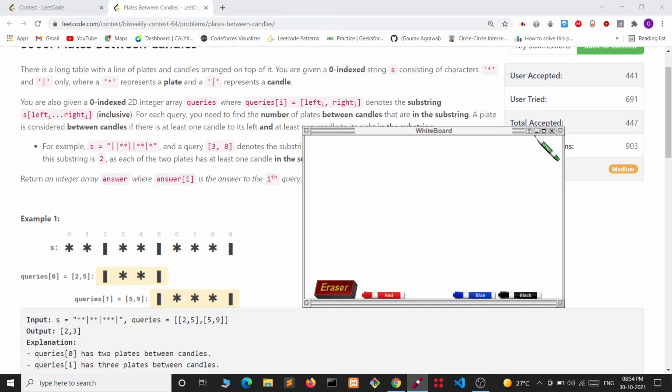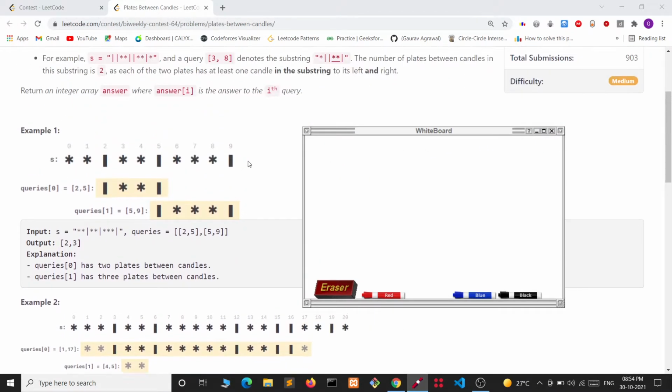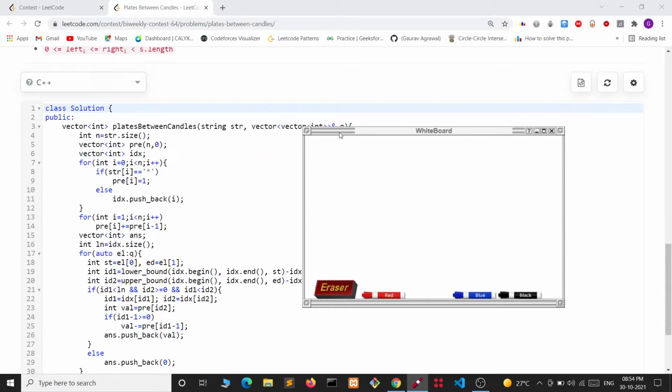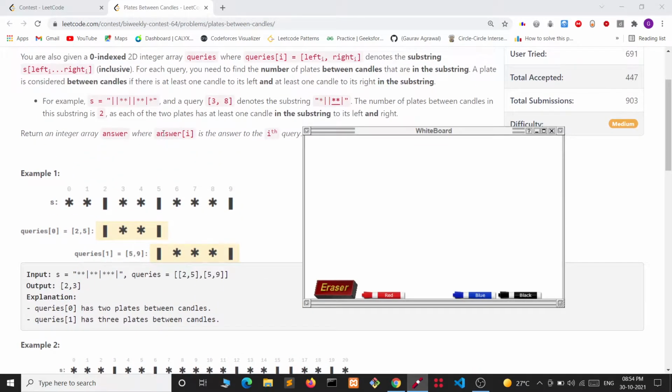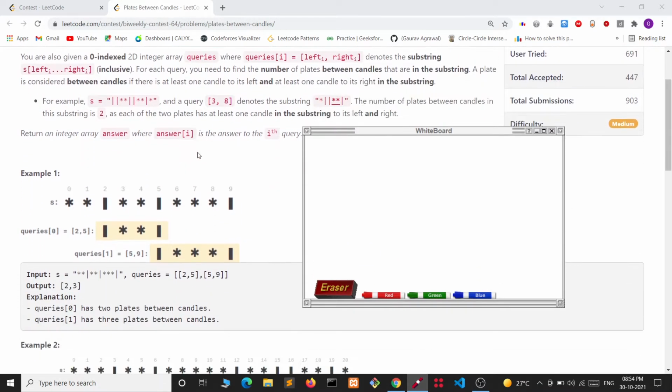Now let's see how we will be able to do it. We need to do it very efficiently, in O(1) time. We can see that the number of queries is quite large and S is also quite large. For that, we can just take the prefix sum of the number of plates.